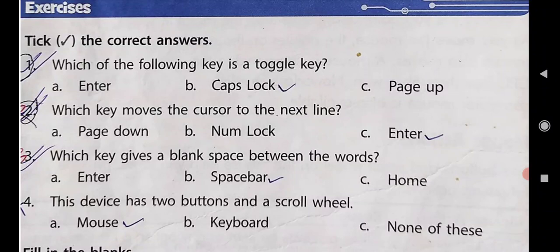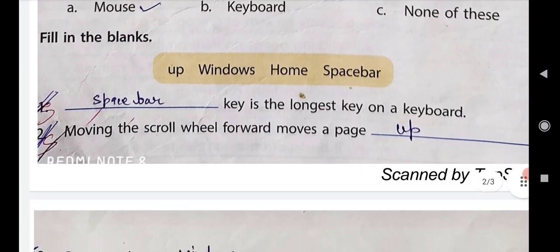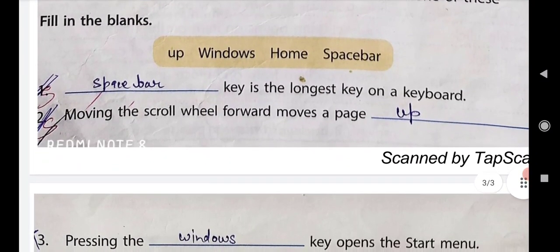Mouse is the device that has two buttons and a scroll wheel. The spelling of mouse is M-O-U-S-E, mouse.